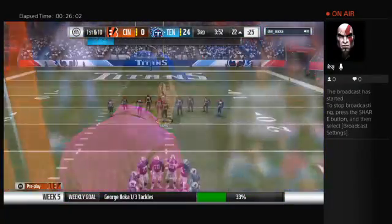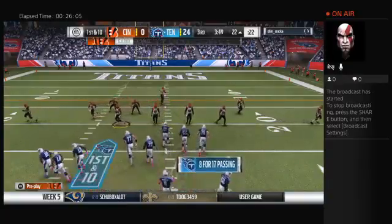So on that play, defense was in the zone. They ran a crossing route offensively, but the defense...